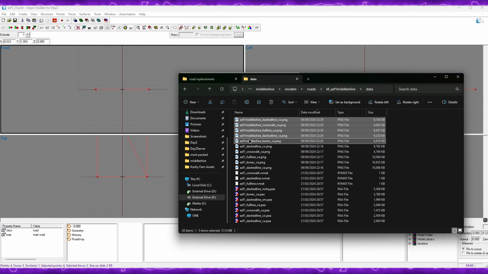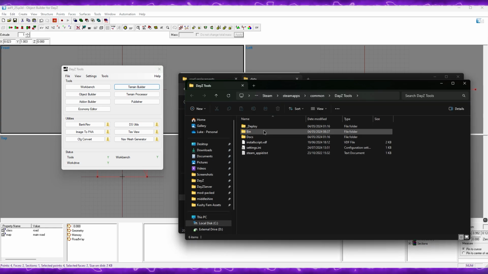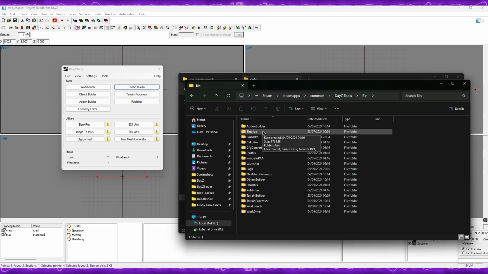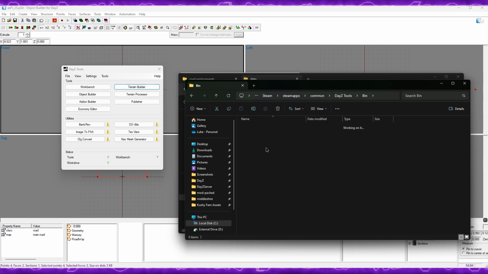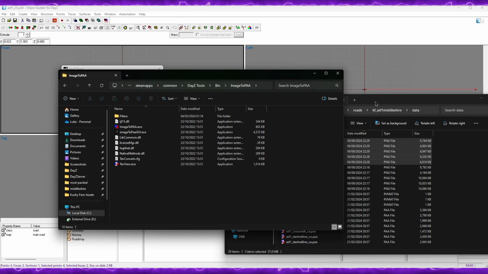There are the old ones there. So we need to convert them to PAAs now. So open up DayZ Tools, click View and go to Tools Directory. Go to Bin. Go to Image to PAA. And please line your windows up better than I did here. Because